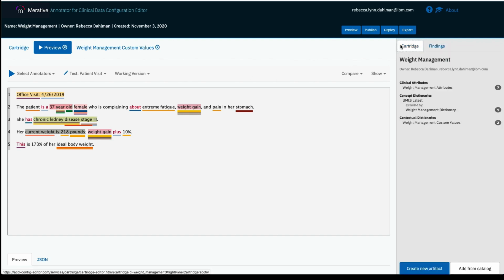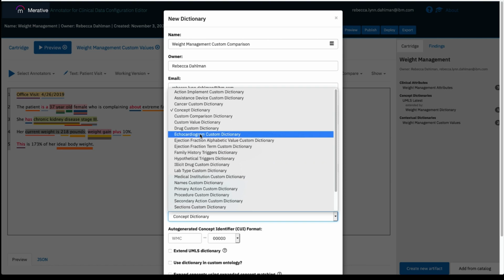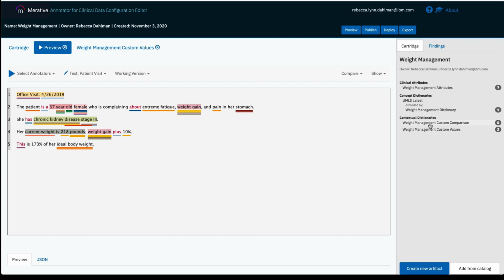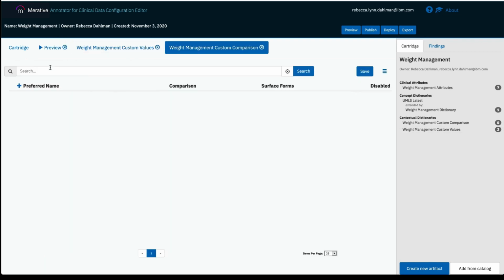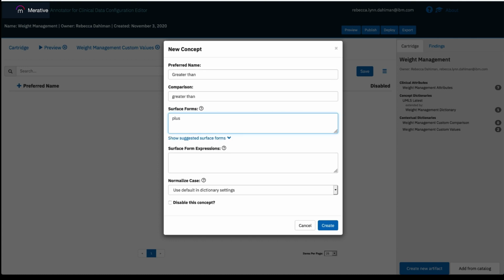First, we need another new artifact, in this case, a custom comparison dictionary. So creating a new dictionary, we will call this weight management custom comparison. And again, we need to change the type, this time to a custom comparison dictionary. Opening up that new dictionary, we need to add a new comparison. For this preferred name, we will call it greater than. And the comparison is also going to be greater than. And the surface form is plus, as that is the text that we saw in our